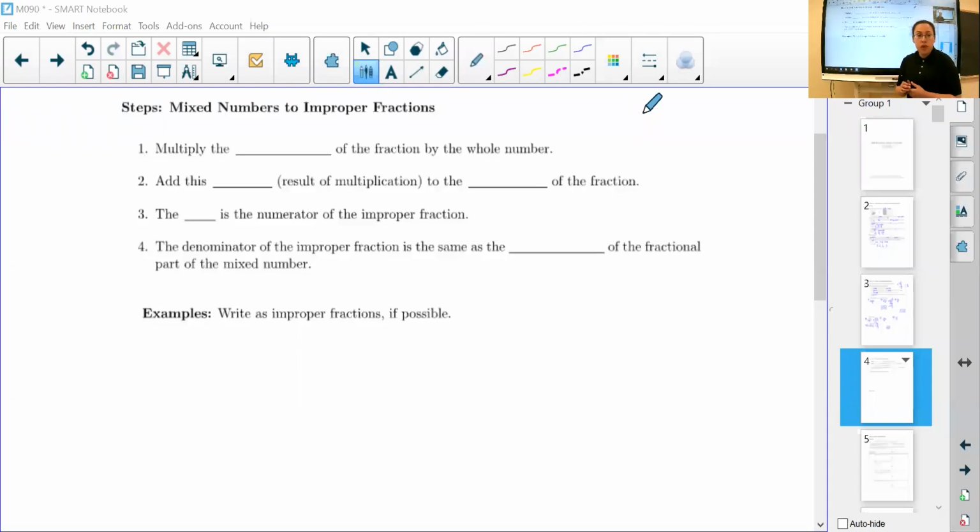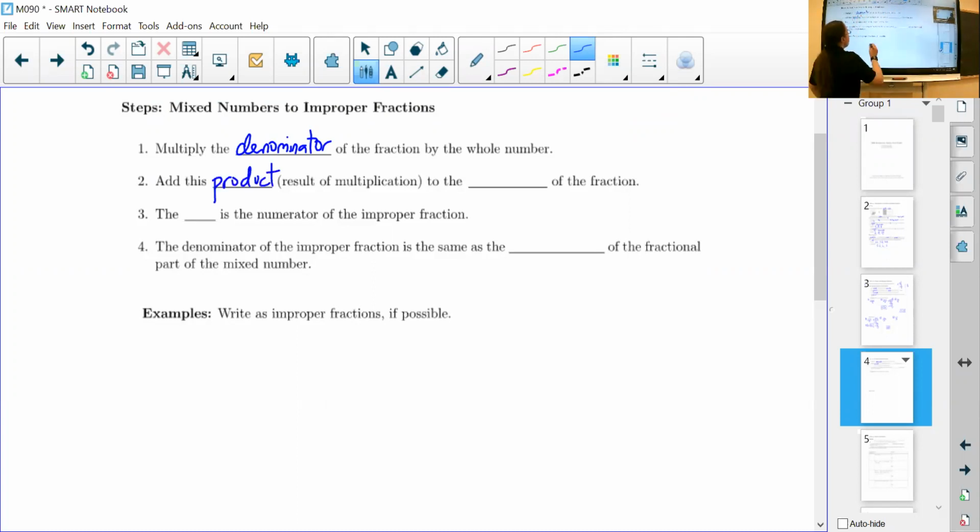We're now on page 4, and we're going to convert mixed numbers to improper fractions, so the other way around. To do that, we're going to multiply the denominator of the fraction by the whole number. Add this product, this answer to the multiplication problem, to the numerator